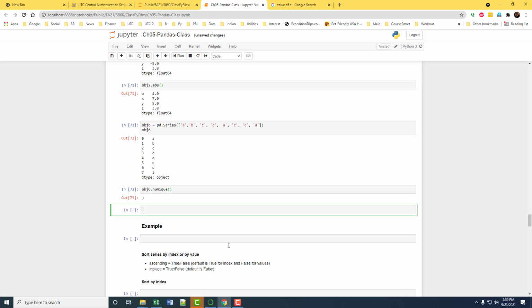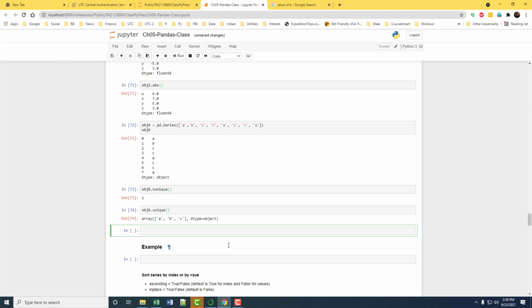It doesn't tell you what those unique values are, just simply how many there are. If you want to know what those unique values are, then you say obj6 unique, and it will tell you.